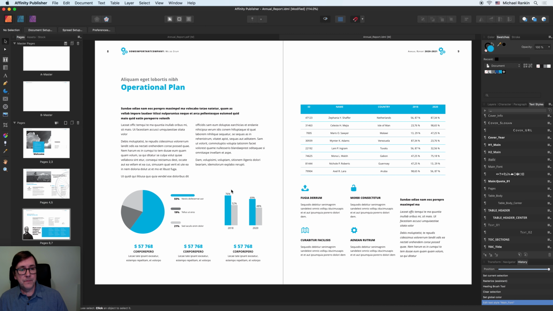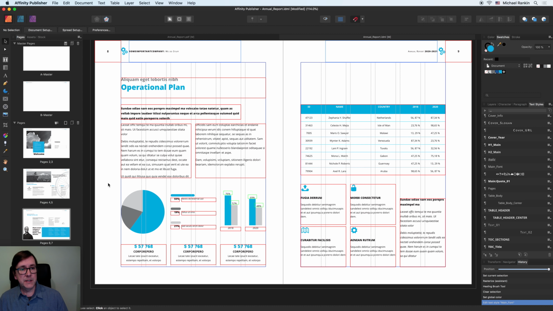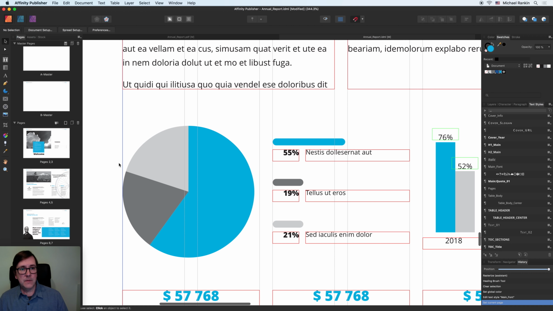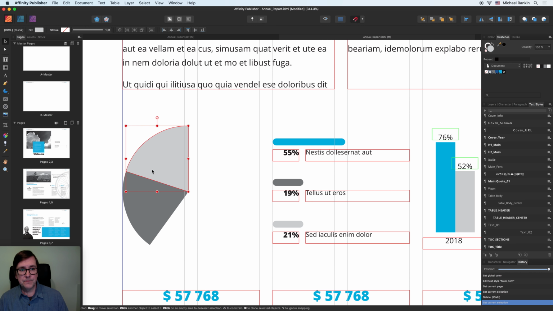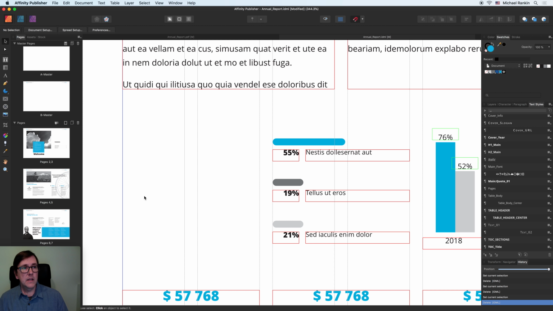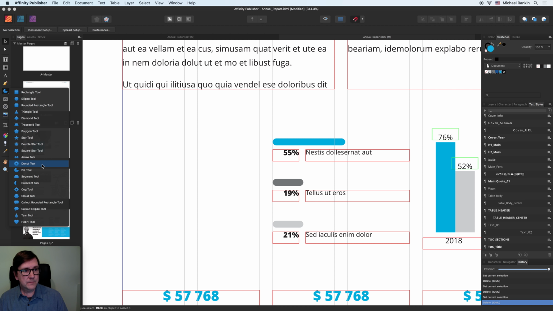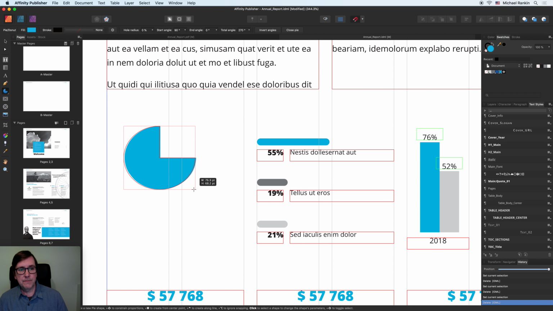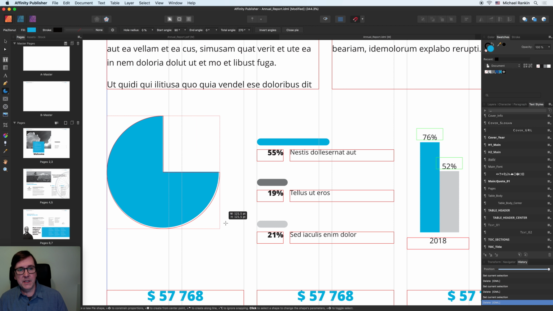On this spread, I want to make changes to our graph and our table. And I'm going to get out of preview mode just so I can see my column guides here while I work on the pie chart. So we'll get rid of the old one. And Publisher has a perfect tool for making pie charts. Not surprisingly, it's called the pie tool. So you can choose it over here from the tools. And I'm going to click and drag to create a new pie. Hold down the Shift key to constrain it,